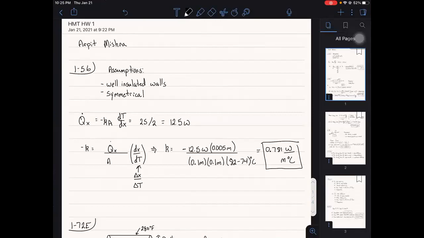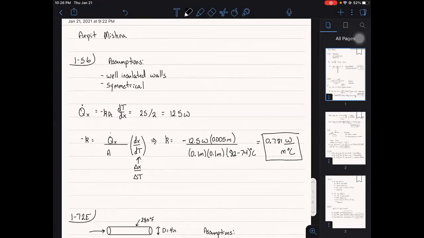Talking through homework 1, all the solutions that you were looking for. So for the first problem, it was basically like 2 walls mushed together and something going through it. The assumptions are that there are well insulated walls and that it's symmetrical. And then based on the fact that it's symmetrical, you can figure out what Q dot is, which ends up